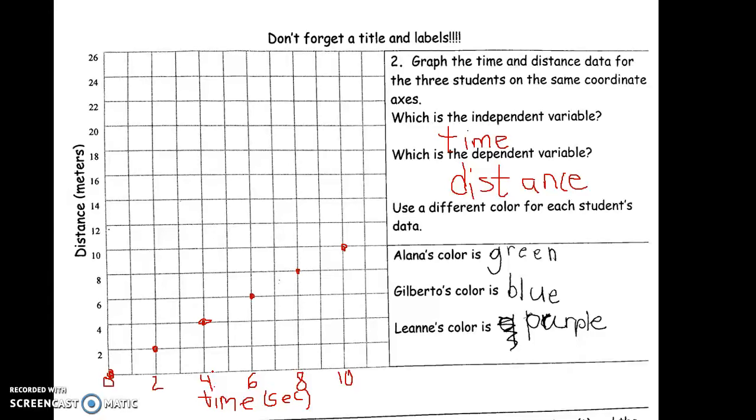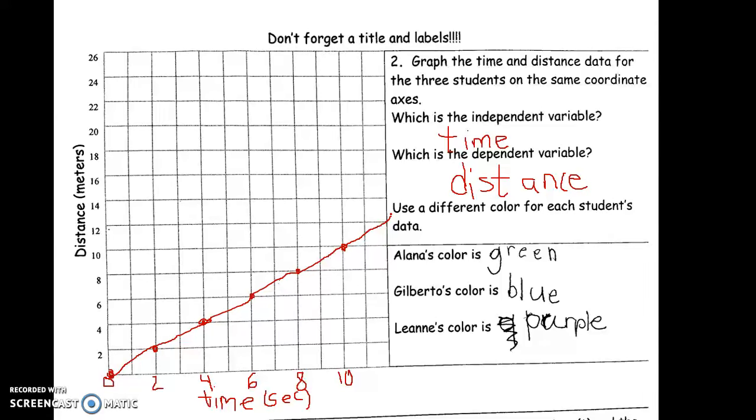She's continuously walking. So really, in order to show all the points, the best thing to do would be to connect all these with a straight line. And if you were on your paper, you should use something straight. I'm going to use a straight line to connect her points, because Alana's